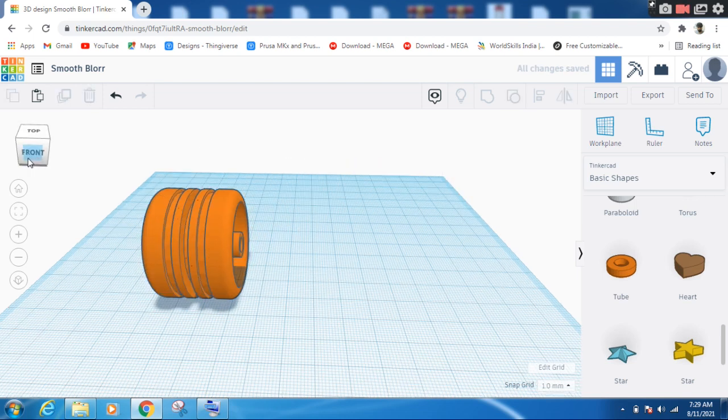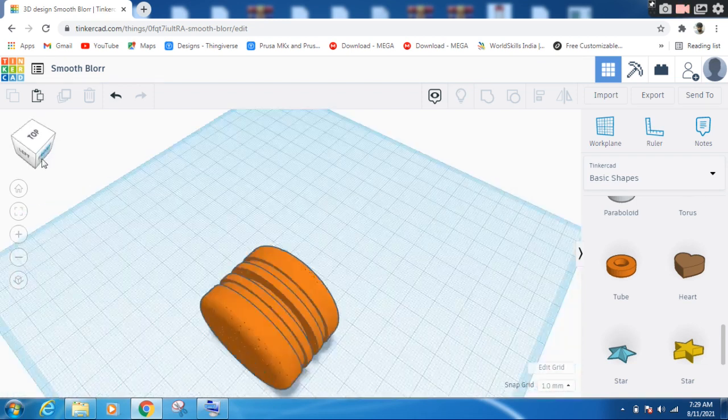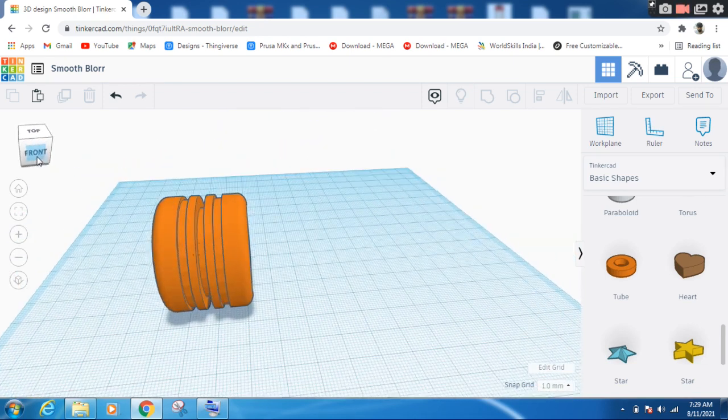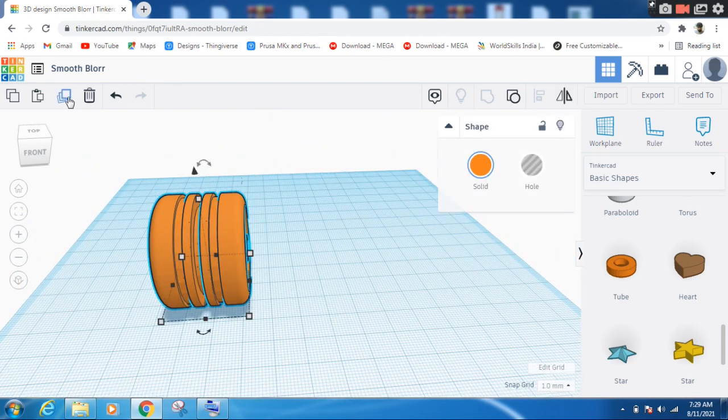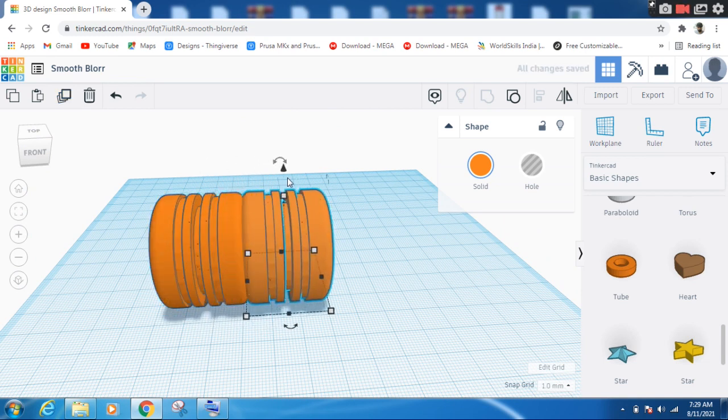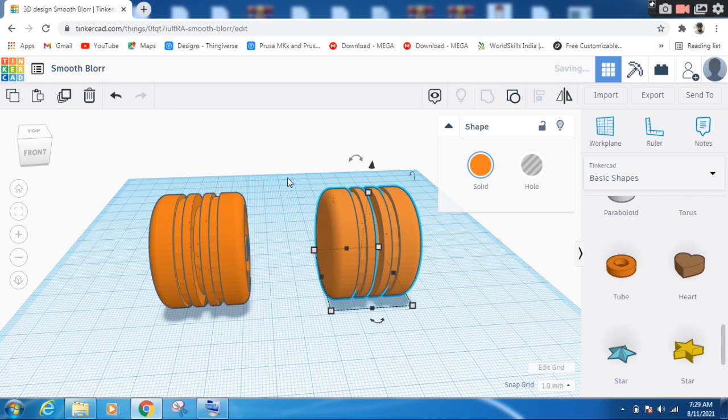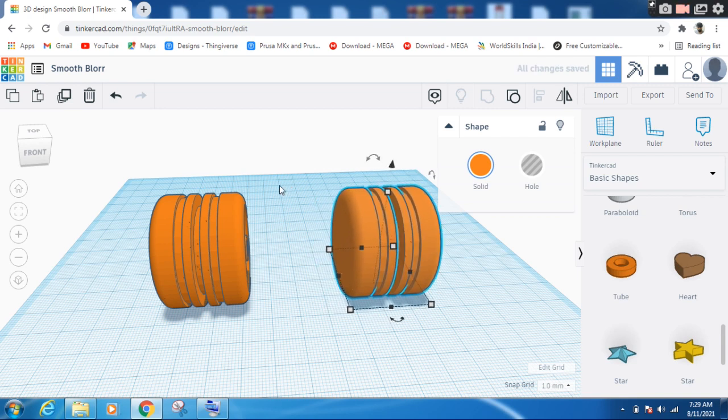Now I'll click on that again and click duplicate, and I'll take out the duplicate one using the left and right arrow keys. Now you see that it is not equal in face. I want the opposite of this one, so I will go to the top and click mirror, and click the left and right mirror.